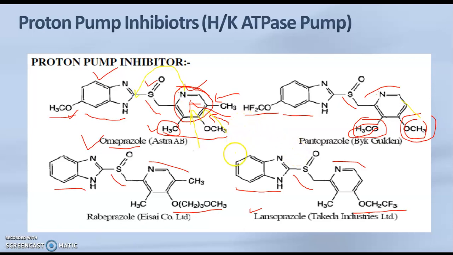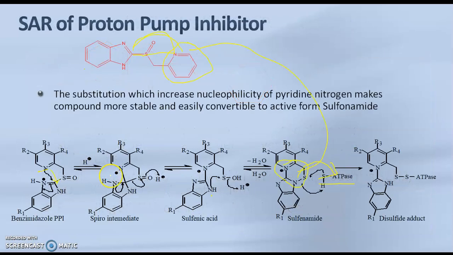If you put a strong electron withdrawing group, that may decrease the nucleophilicity of nitrogen. And if the nucleophilicity of nitrogen decreases, this nitrogen will not donate electrons easily to carbon, and there will not be